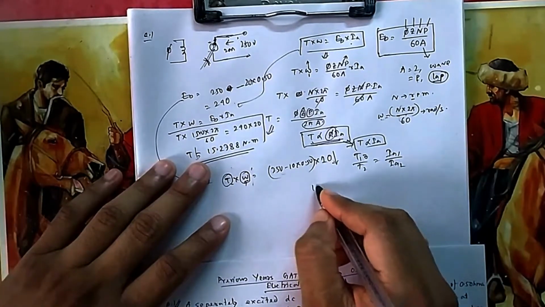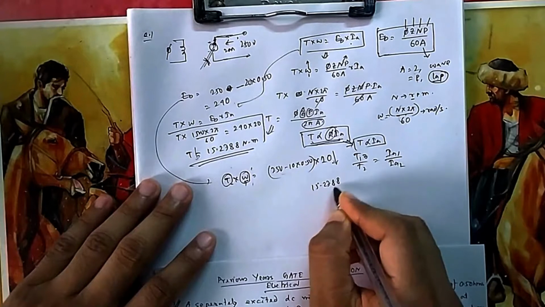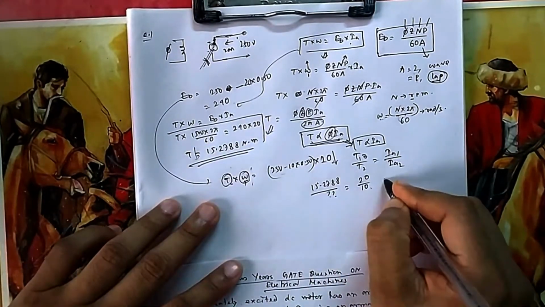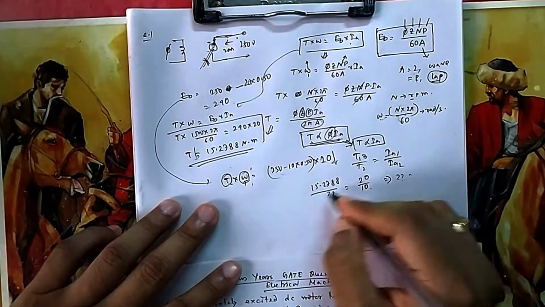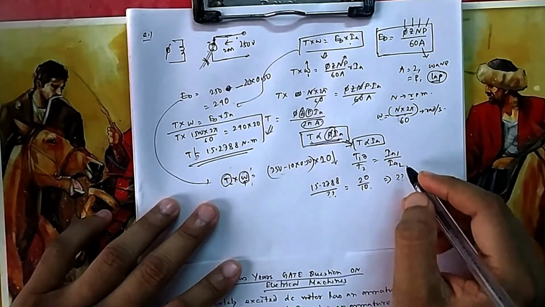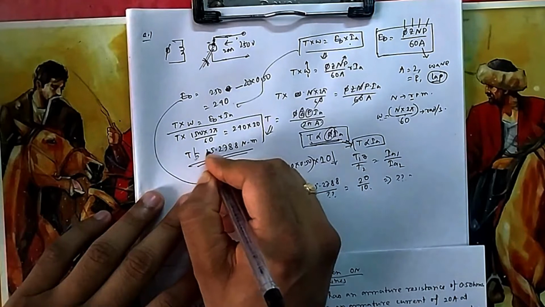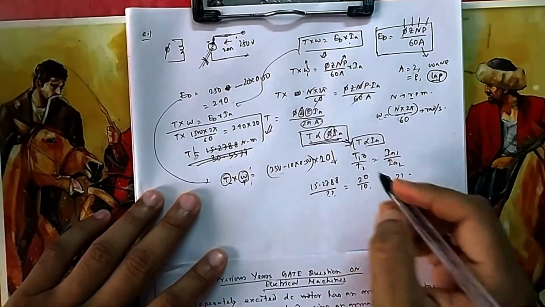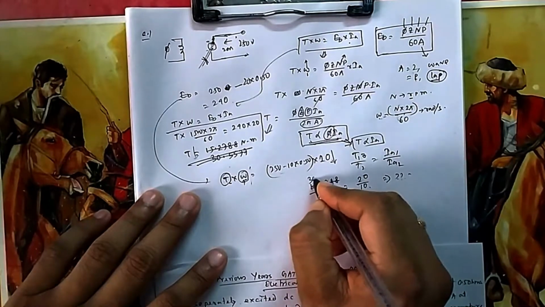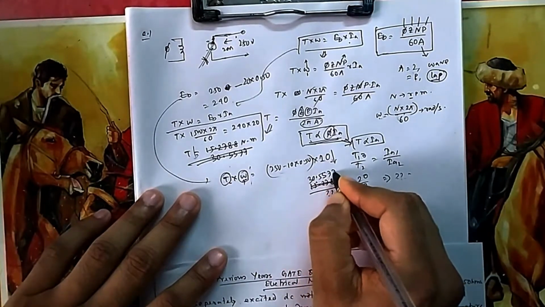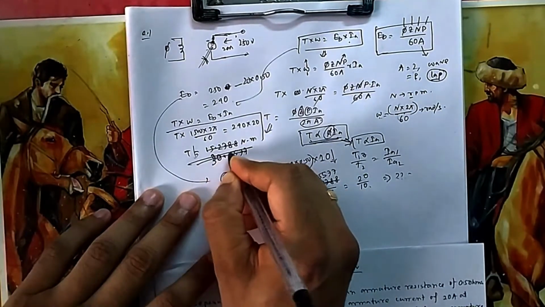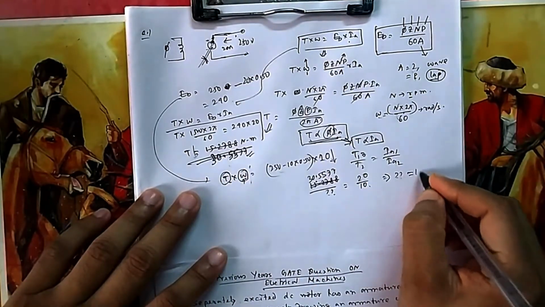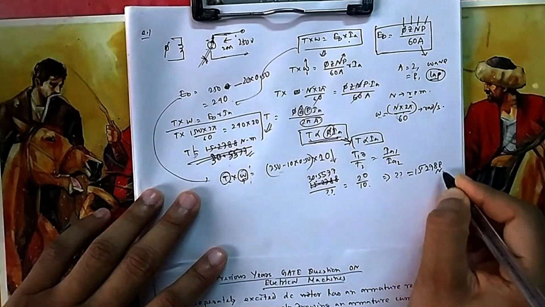So T1 is this one, 15.2788, T2 you don't know, and the corresponding I1 was 20, now it is 10. So this means your torque will be half of this one. Sorry, this is actually 30.5577. If you divide it by 2, then it is 15.2788. So this is your answer.